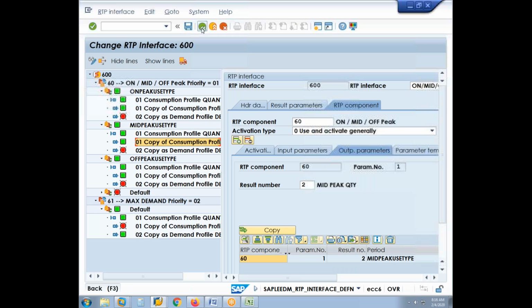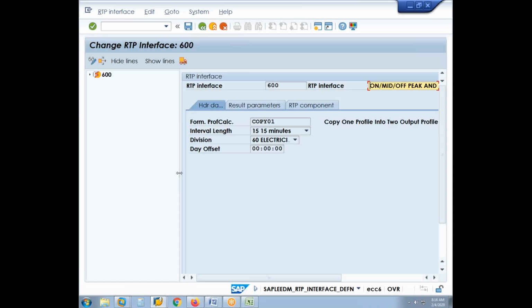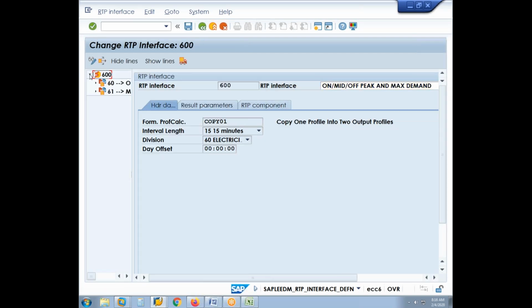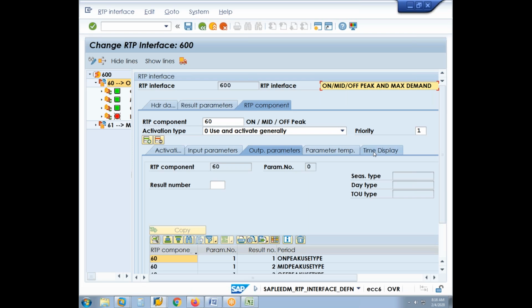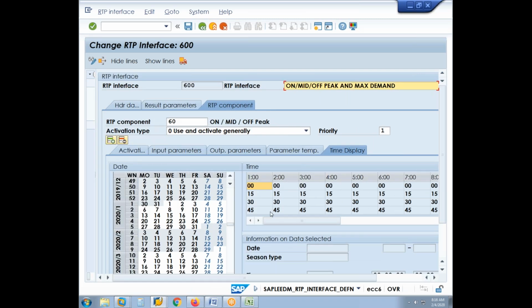Now we will see the time of usage, how it is coming. So if we go to the component, let us say 60, and then RTP components, time display. Now here we will see time display showing in 3 different legends. Okay, this is starting from morning 1 o'clock till